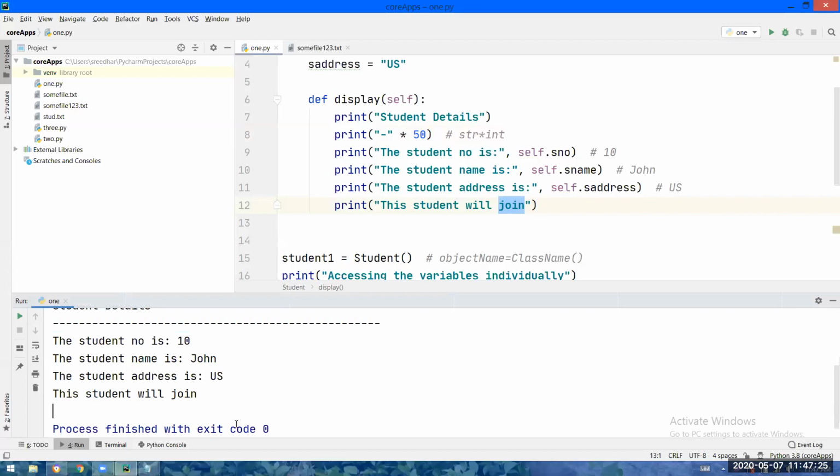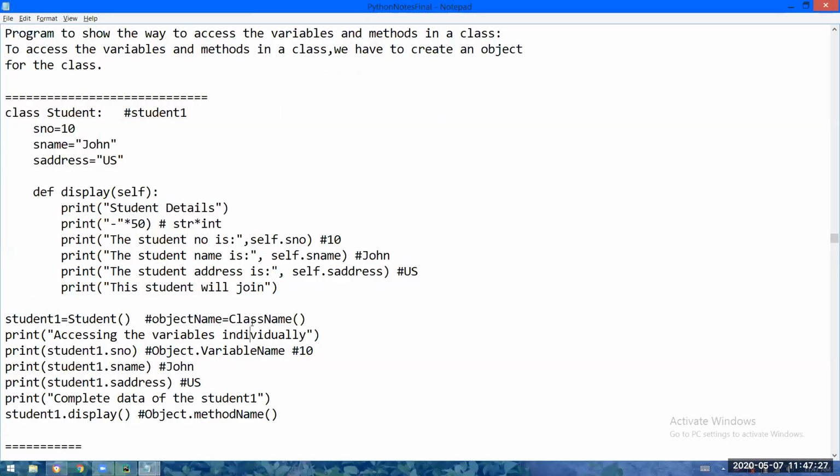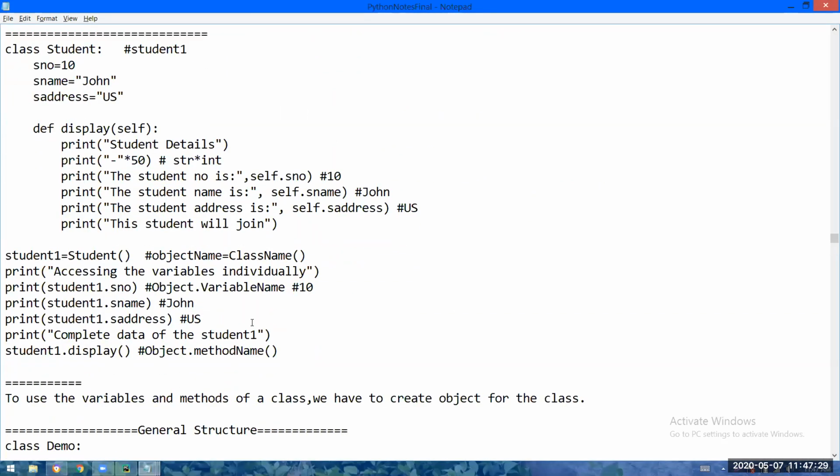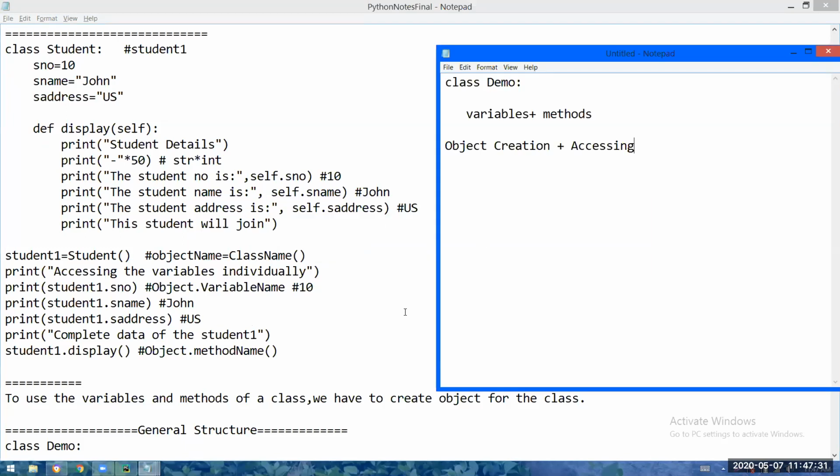See, what I told already, just check once. Don't ask about self and all. I will tell you in the next 10 minutes or 5 minutes; I'm going to explain about self and several other points. So whatever is explained by me already, if you have any doubt, please let me know. Just take a minute and observe the structure and this piece of code.